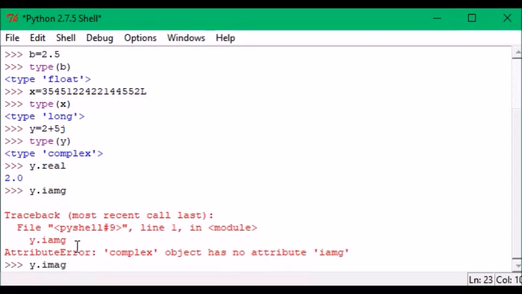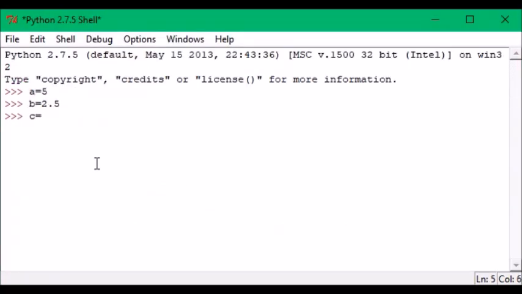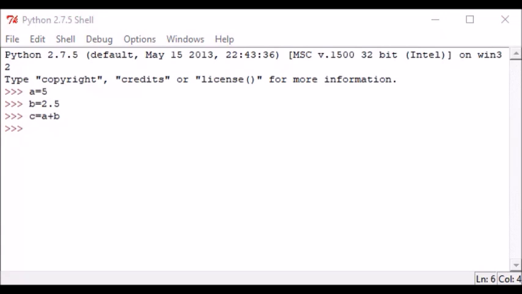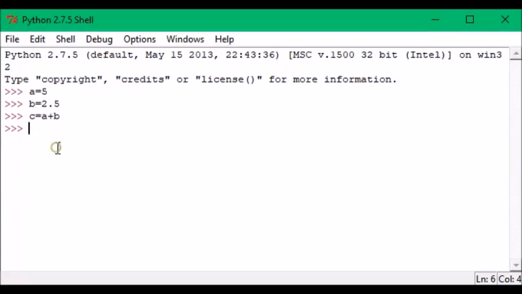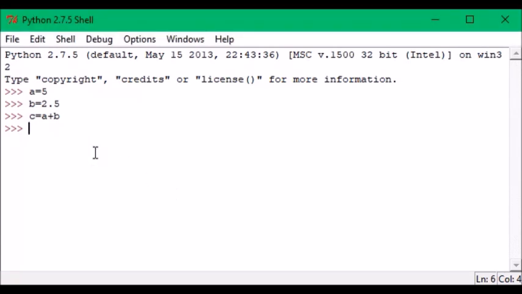Okay, so if you want to go for addition, you can type c is equal to a plus b. Just type c is equal to a plus b, because when you go for C language, you have to define int a is equal to this, int b is equal to this, according to the integer. So what will be the answer? If my answer is an integer, then you type int c. If the answer will be a float, you have to type float c. But here the compiler will automatically take care of it.